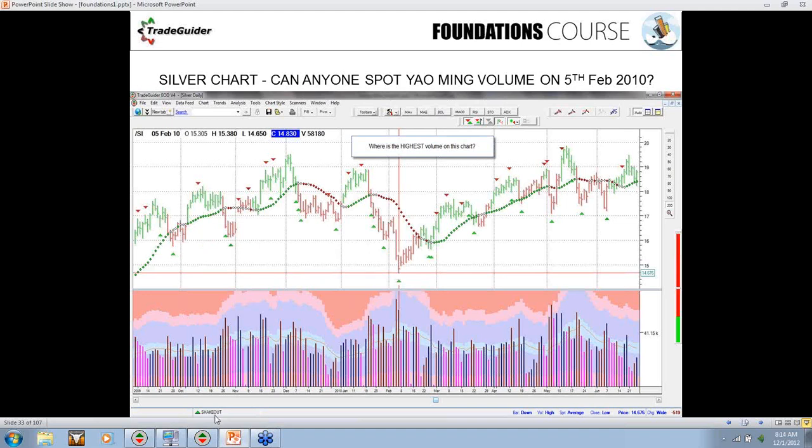It's called a shakeout. Now a shakeout does exactly what it says on the tin. It gets rid of anyone that was long or short. It tries to catch any near stops in the market, but after you see a shakeout is where you're going to make money. Because the shakeout, which is a sign of strength, SOS, will most often reverse the trend. And where you trade a shakeout is any signal that you see, as long as the bars are green and the diamonds are green in the software,